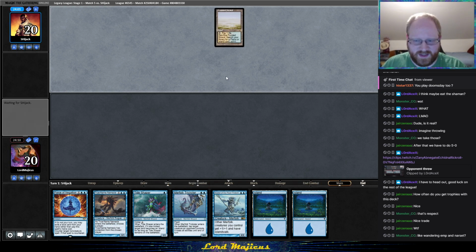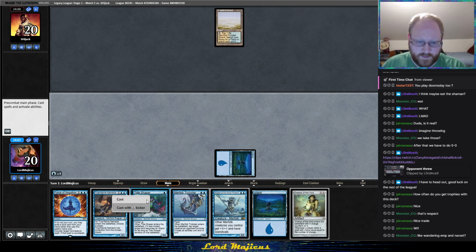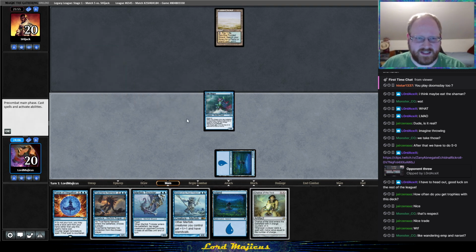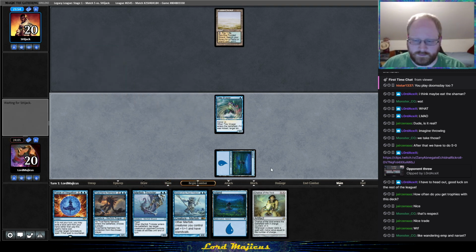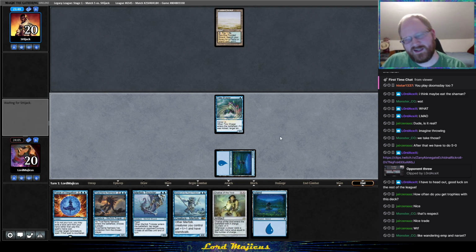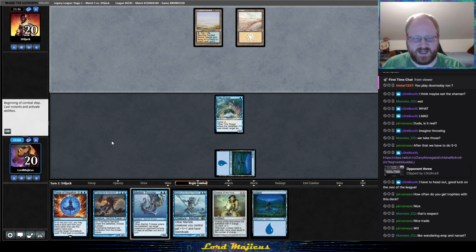Okay, they're not going to do anything. They're afraid. I'll probably just play Chalice next turn. That's something they really have to deal with. Yeah, I think they probably do have to deal with this. If they counter this and then follow it up with Teferi, we do have a Force of Negation, so...